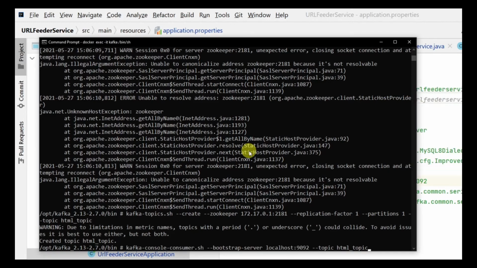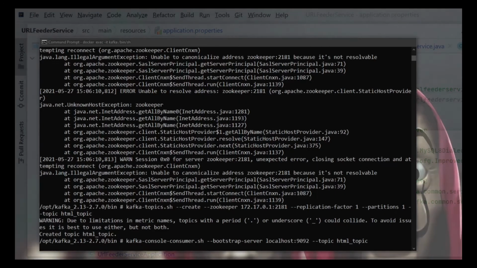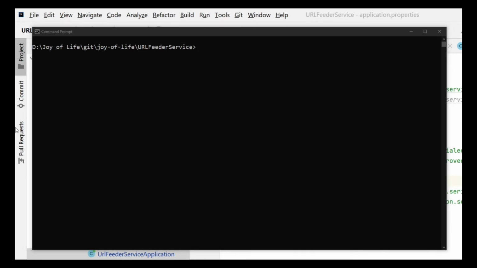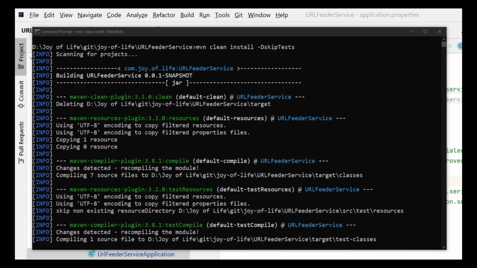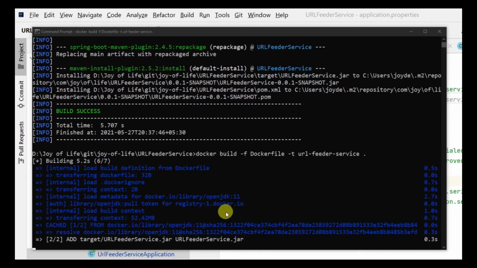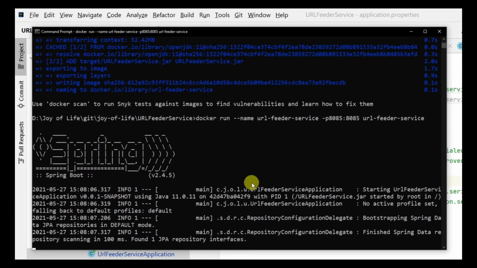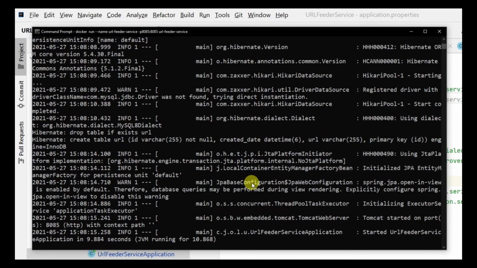And let's listen to the topic over here. Okay, so we are good for now. We have done our configurations, and let's build this application and deploy it. So we are inside the folder and we are going to build it the same way as we do. First the Maven clean install, and then we are going to build the Docker image. The Docker image is here, and then we are going to run the Docker container. So let's see if the application comes up fine. It looks good. I don't see any error, looks good to me.